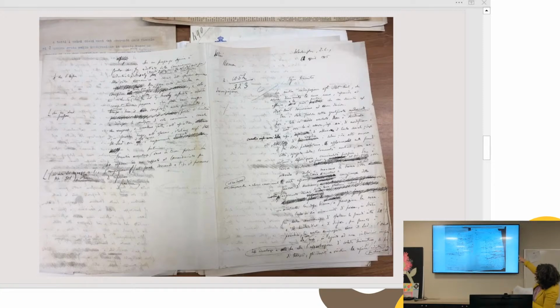No. Oh, okay. So if you look up at the top, can you see Washington, D.C.? Maybe in some of the ones on the other screens. You can see Washington, D.C. There's a date. You can see the number 12, right? It's 12 April 1905. Up in the corner is some scrawl.